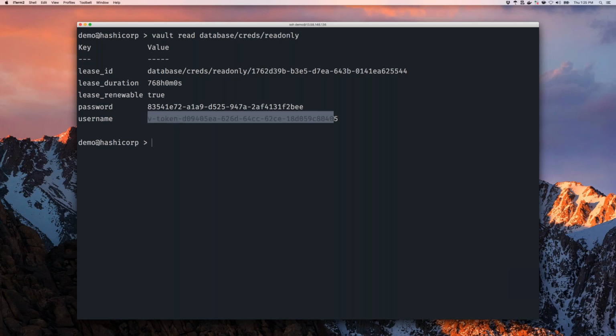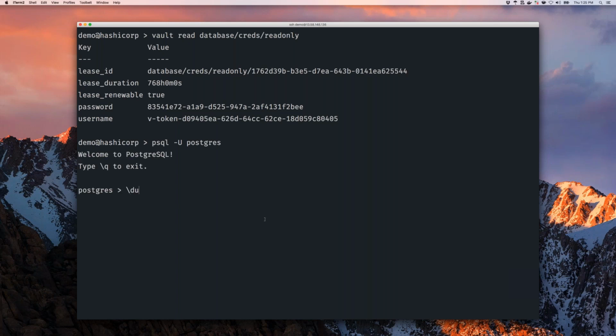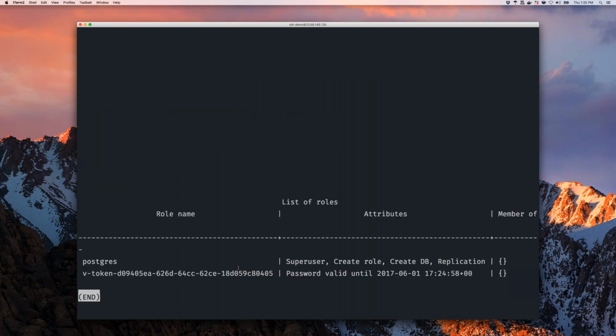So this is a real Postgres username. This is a real Postgres password that could be used to connect to this database. Let me show you that. So this is the Postgres console. And you can see here that there is, in fact, a user that matches that username that existed in Postgres. And you'll notice that that password is valid until June 1st,